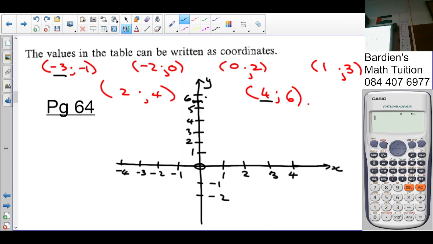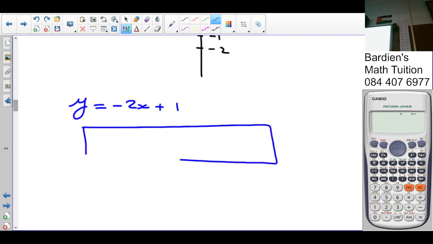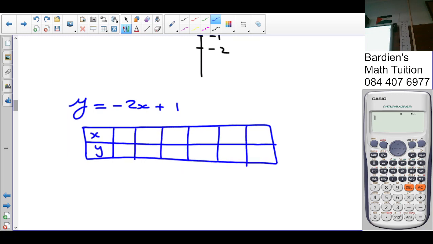Yes. That's number 1. Then number 2, I'm going to give you this equation. y equals negative 2x plus 1. You draw the following table, as you saw we just did now. The values I want you to use